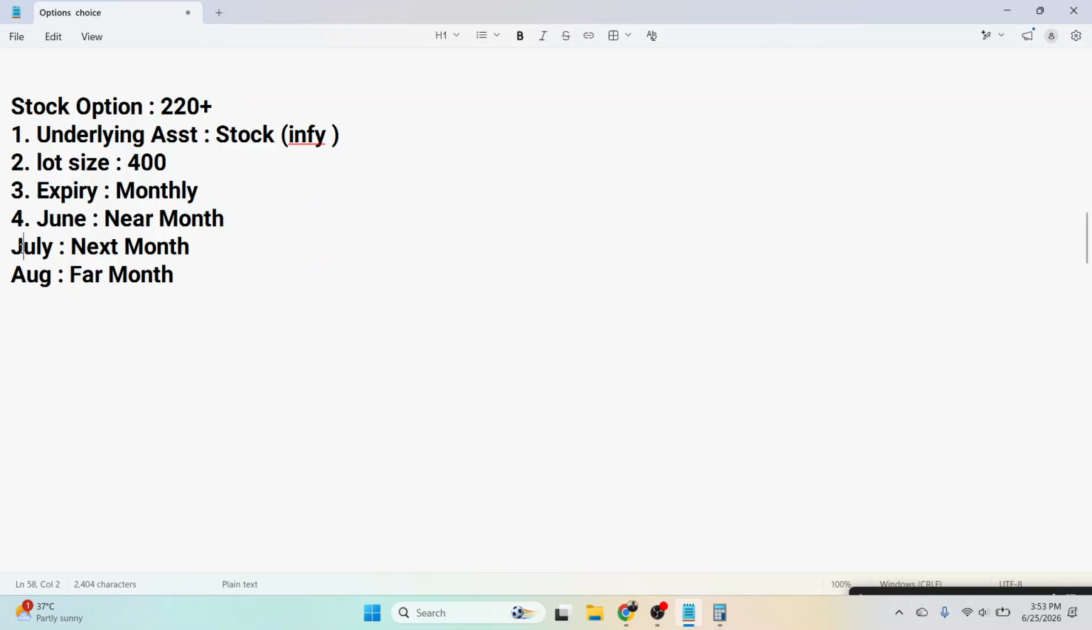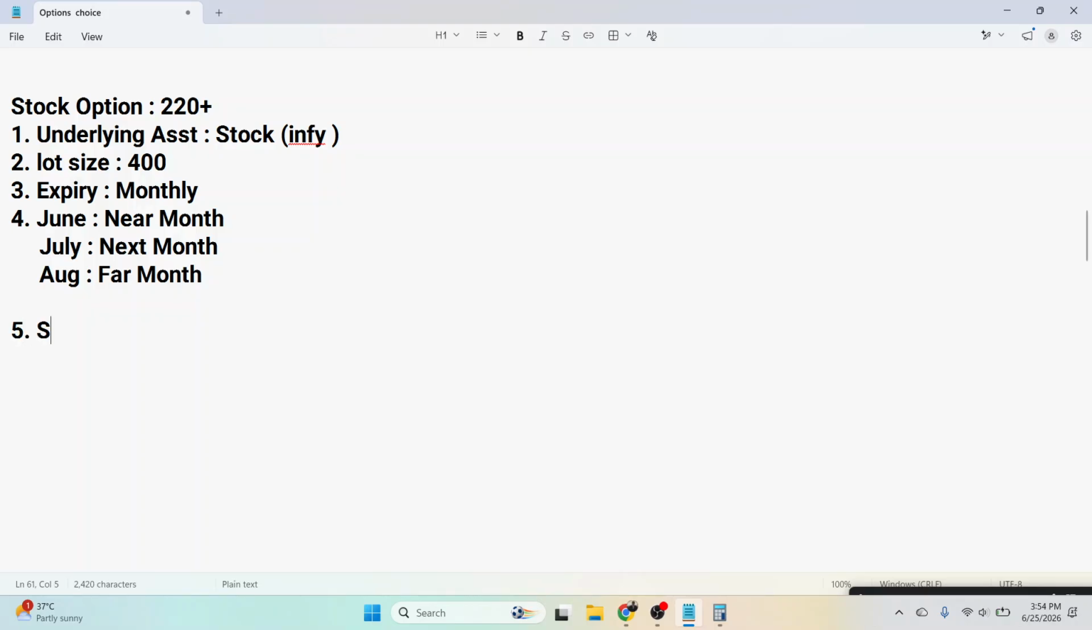तो अगर आपको लगता है किसी भी चीज़ का प्राइस इस महीने बढ़ने वाला है, आप इसी महीने की कॉल खरीदो। आपको लगता है अगले महीने बढ़ेगा, आप अगले महीने की खरीदो। आपको लगता है और उससे अगले महीने बढ़ेगा, आप उससे अगले महीने की खरीदो। इट्स ऑल अप टू योर चॉइस, ठीक है।